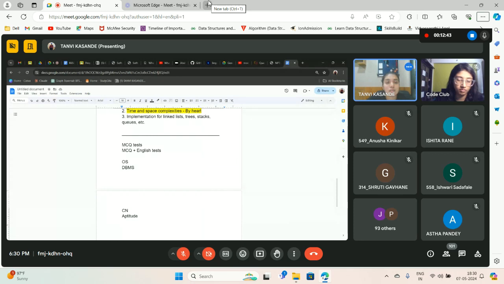They have an MCQ entrance where they have questions based on OS, that is operating systems, database, computer networks, aptitude, English, and computer fundamentals, or the language fundamentals, which includes exception handling.